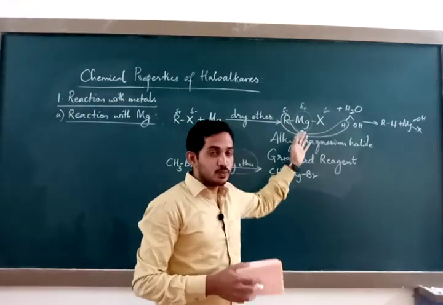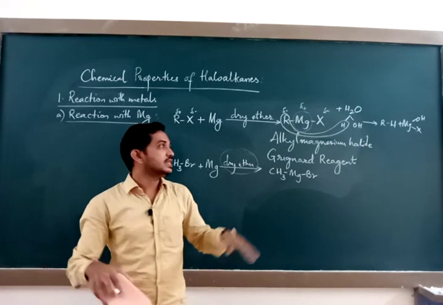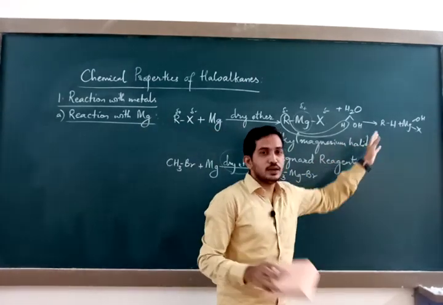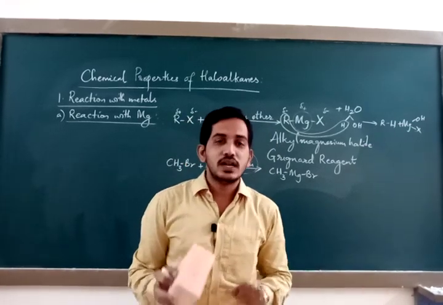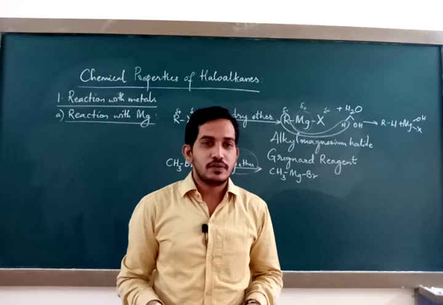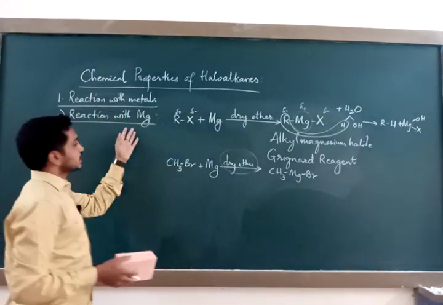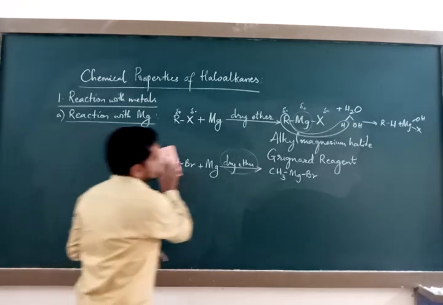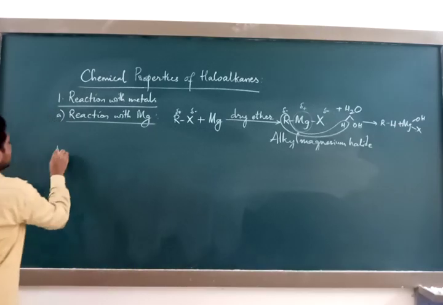highly ionic compounds. They react with any source of proton available to convert themselves into alkanes and they will no longer remain as Grignard reagents. To avoid this reaction, you are supposed to use inert solvent like dry ether. This is reaction with magnesium. Then the second reaction is reaction with